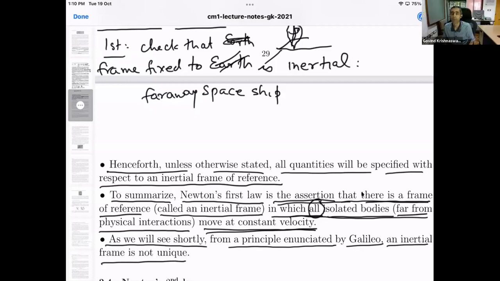Any other question? Sir, in the statement of the first law, it was said far from physical interaction and so on. What does that exactly mean? See, we can say it through examples. What I said was that you simply go far away from the sun, earth, moon, and other celestial objects. And that is a reasonable way of